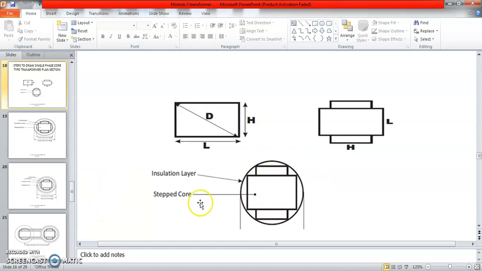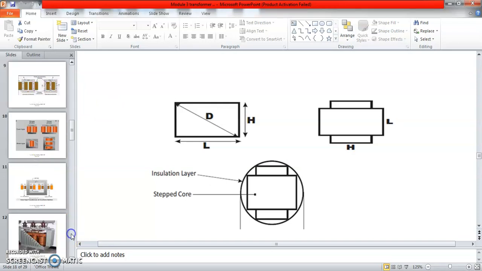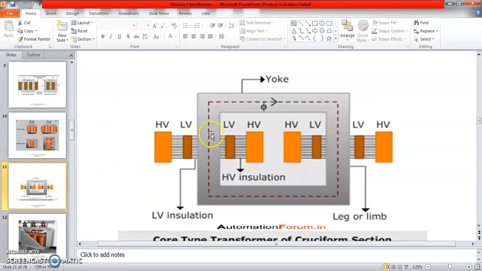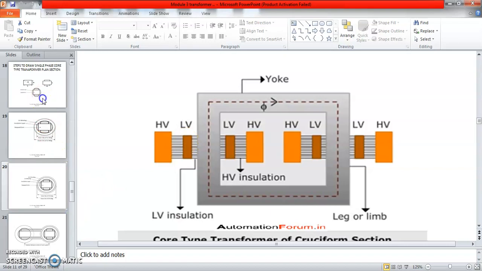Once you have drawn the stampings, next, this is the core diameter. Above this core diameter, the LV and HV coils are wound, and between the LV and HV coils there is insulation. As I taught in the previous class, just have a look at this diagram. This is the core, this is the top section, and that is the front section. If you cut it exactly horizontally, the circles will be visible. Here insulation is there: after the core also insulation, after LV also insulation, between LV and HV also insulation. It means between coils insulation is there.